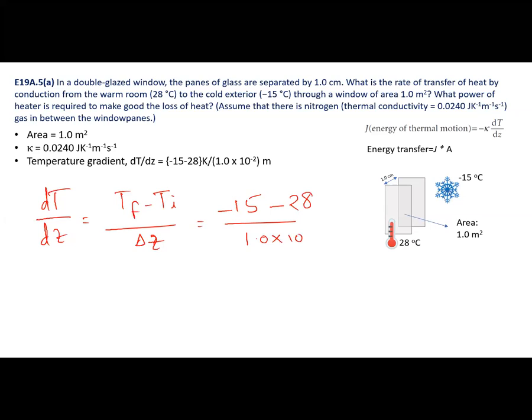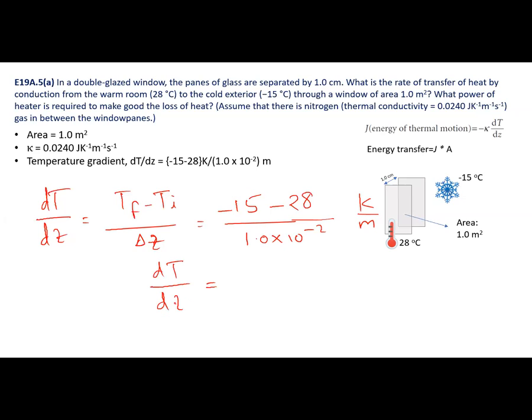That is 1.0 times 10 power negative 2 meters. So the unit is Kelvin per meter. Here we don't have to convert Celsius into Kelvin because the difference is going to be the same. It doesn't matter whether the units are Celsius or Kelvin. If you solve this, we get dT over dz as negative 43 times 10 power 2 Kelvin per